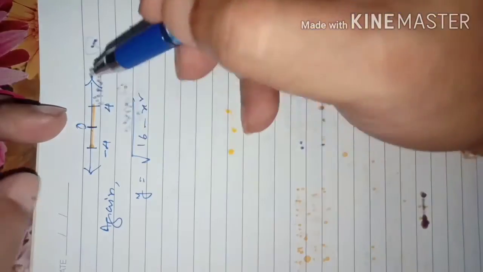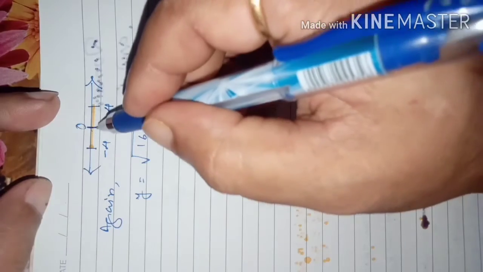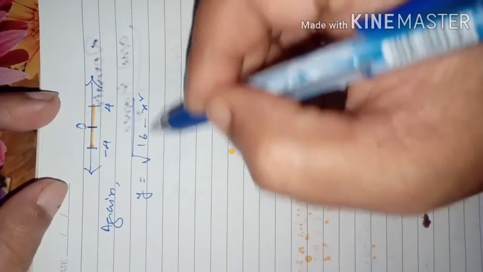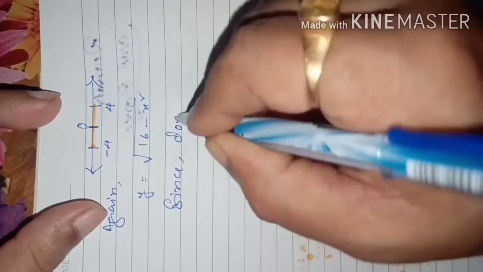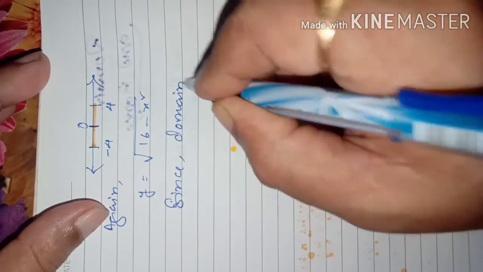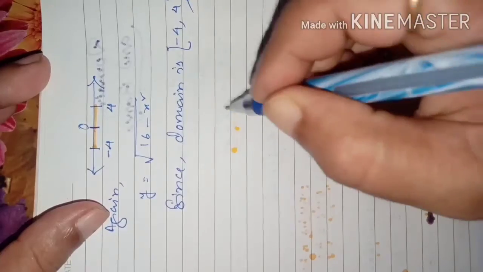And the greatest value can be 4, because think if it is 0: between minus 4 and plus 4, 0 is there. If we take 0 here, it will be 4. So that means, since the domain is minus 4 to plus 4, including minus 4 and plus 4,